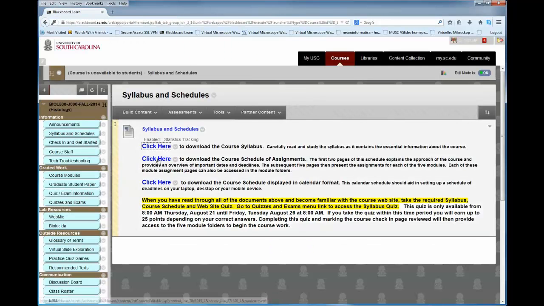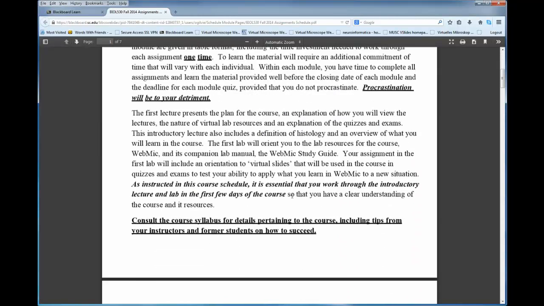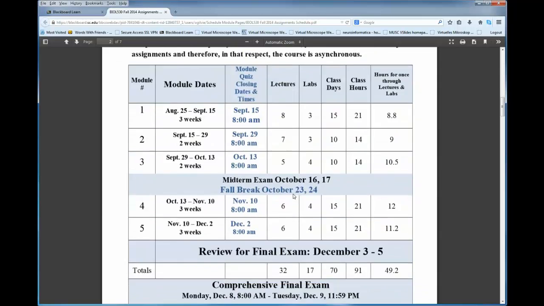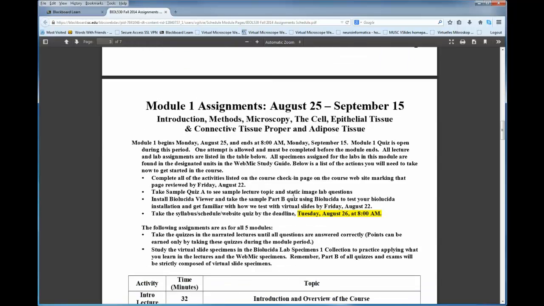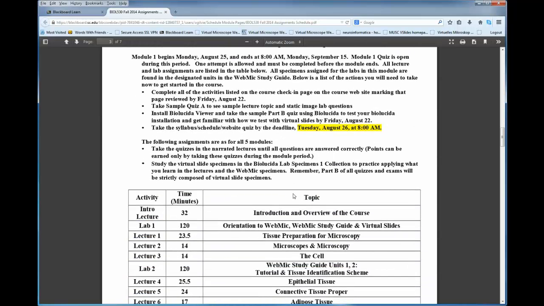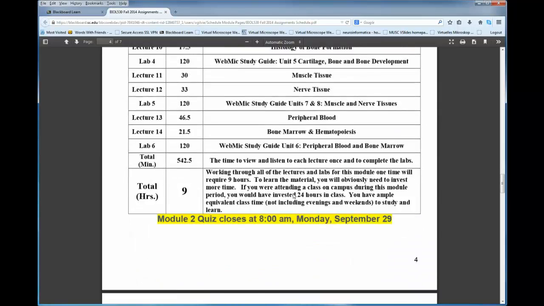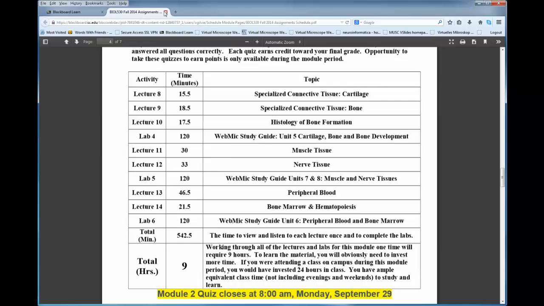And then the two forms of schedules. One schedule gives you, as you saw in that first module, an overview of the entire course. And then for every module, this is repeated in a link available at the beginning of each module, as I demonstrated a few moments ago, but you can see them all here for every module. And then the other schedule